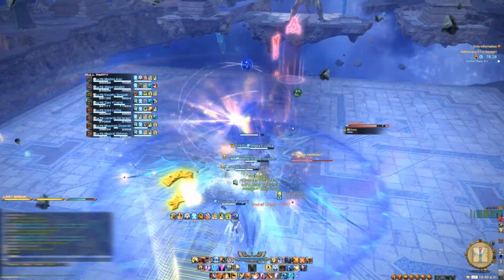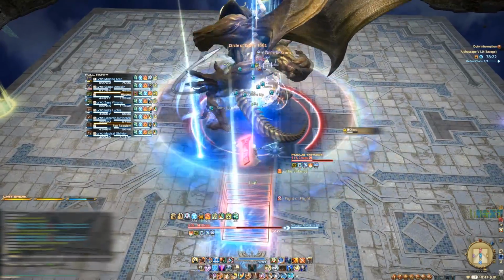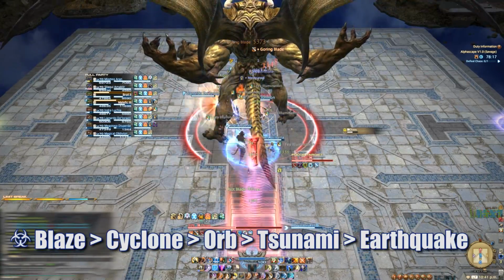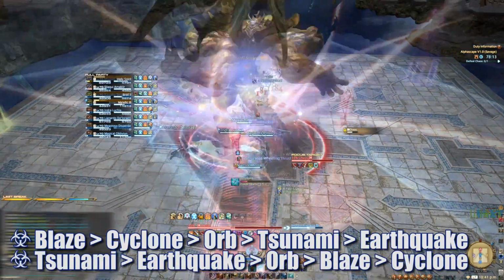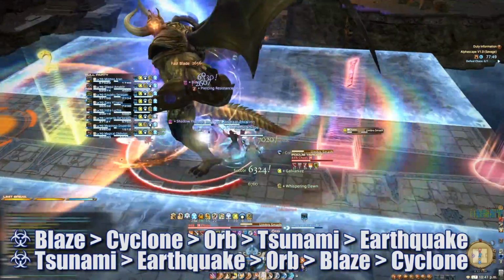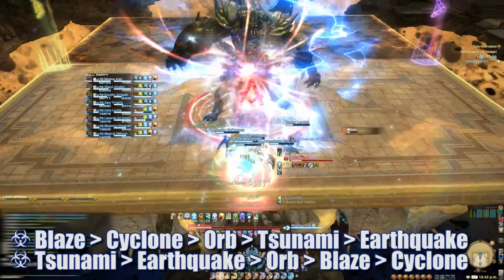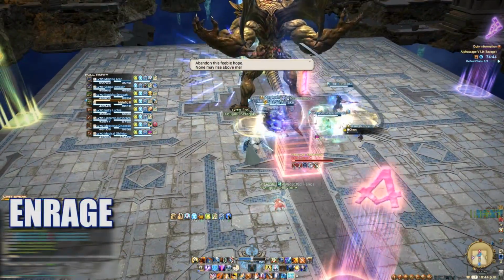Once Chaos returns, the other of the 2 pairs of elemental phases will occur next. Remember, if you started with Blaze and Cyclone, after the transitional phase you'll deal with Tsunami and Earthquake. If you started with Tsunami, you'll start with Blaze after that transition. Each mini elemental phase is the same regardless of the order it happens in, so it's just a matter of going through the motions. Once all 4 elemental phases are complete, Chaos will return to the center and begin his